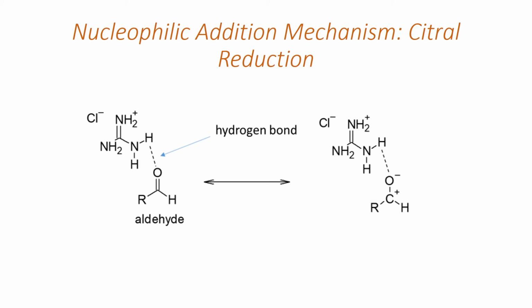And what it does is the hydrogens on the nitrogen and the oxygen on the aldehyde form a hydrogen bond. And what this does is it stabilizes that resonance structure where there's a negative charge on the oxygen and a positive charge on the carbonyl. So what it does is it stabilizes this situation and makes this more partially positive so that the hydride ion will